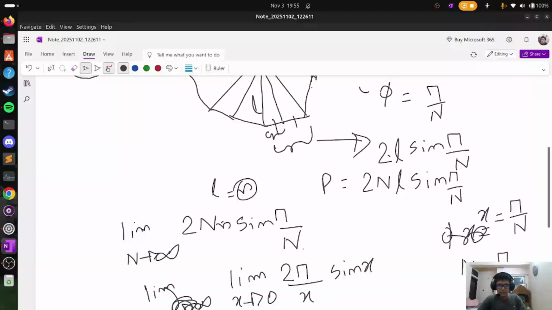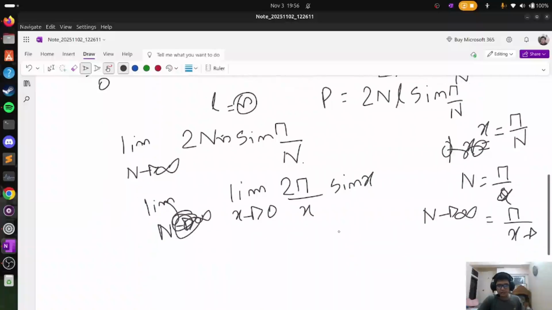Now why did I make x tend to 0? Suppose n tends to infinity, then x should tend to 0, because we know that 1 by 0 tends to infinity. That's why we did that here. So now our job is done. Basically, the limit of